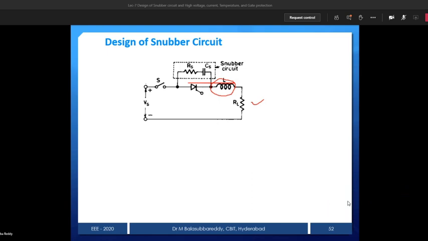Based on yesterday's class, whenever the current increases rapidly, the device is automatically going to be triggered. To limit that, we are using a di by dt inductor. So L here is a di by dt inductor that we observed in yesterday's class itself. Now that is for protection of the inductor, and this dotted line is protection of